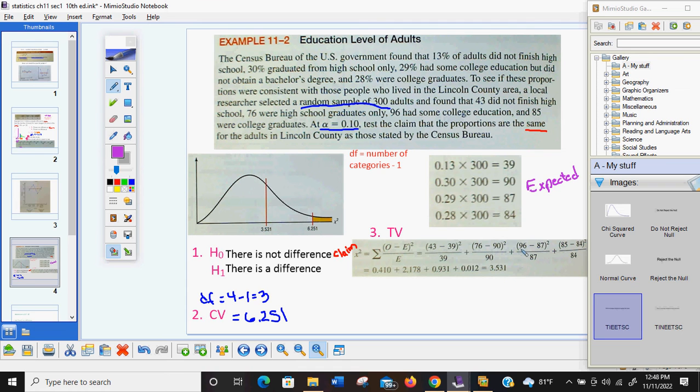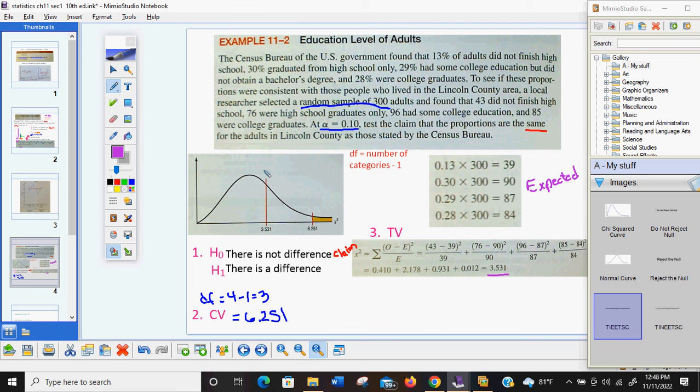Plus, the next category was some college education. They observed 96, they expected 87. So 96 minus 87 squared over 87. Plus the last category, college degree, 85 minus 84 squared over 84. For the first one, you get 0.410 when you divide it. The next category, you get 2.178. Then you get 0.931 and 0.012. When you add all of those up, your test value is